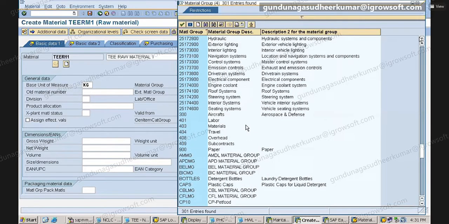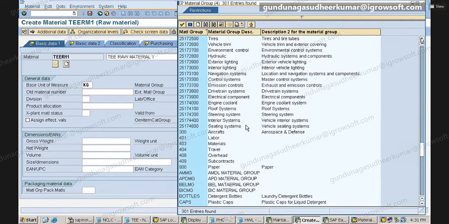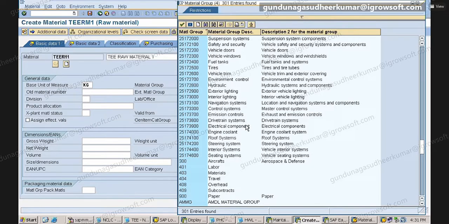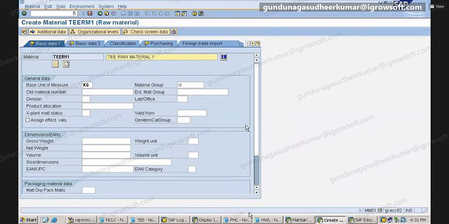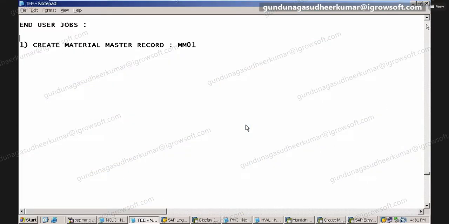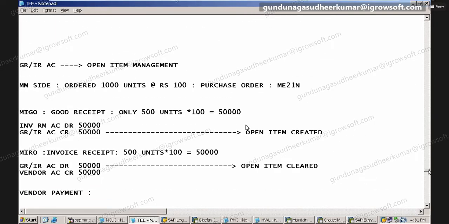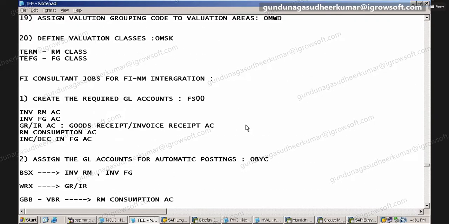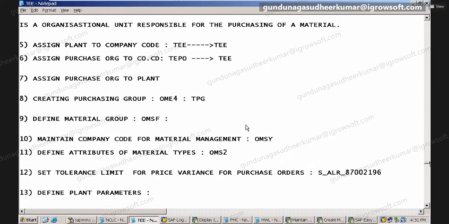TRM is the raw material class, but I'm talking about the material group that we created. 0001 maybe, that is the valuation grouping code. This one we created in OMSF.